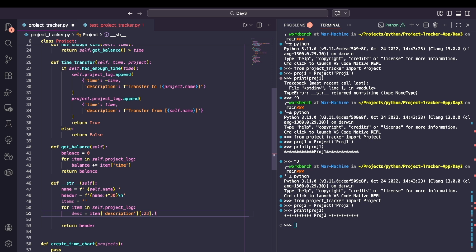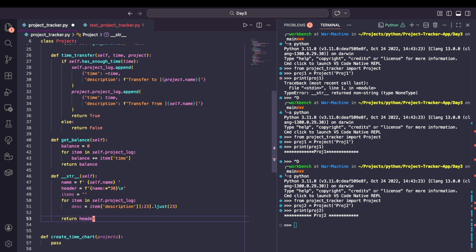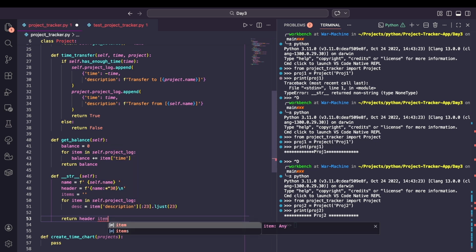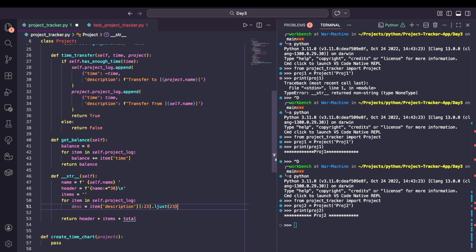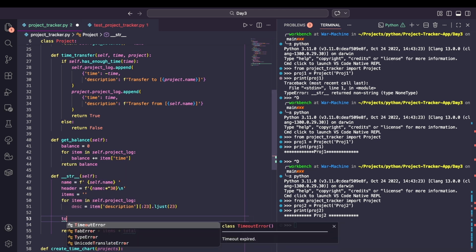And then there's this method you can use called ljust to left justify 23 characters. And so now let's add our items. Oh, we have to concatenate them, plus items. Go ahead and do our total, plus total. We haven't created that yet, so we'll do that real quick. Our total